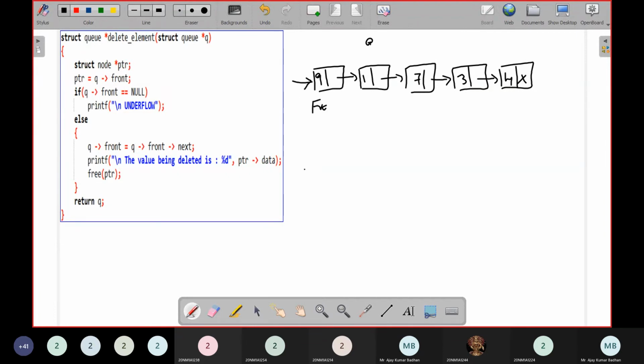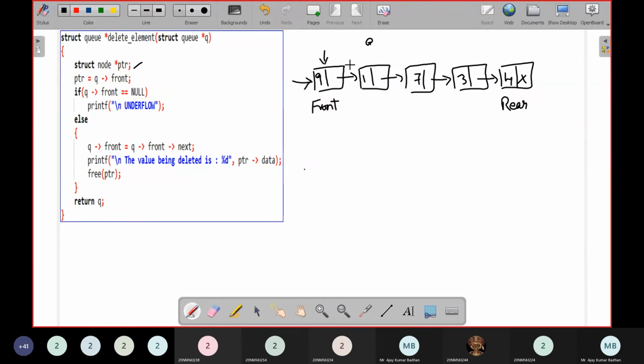Front is pointing to this particular location, which always points to the first element present, and rear will be pointing to the last element which has been inserted. First, I'm going to use a temporary name called pointer, because whenever I'm detaching this node, that node has to be freed up.